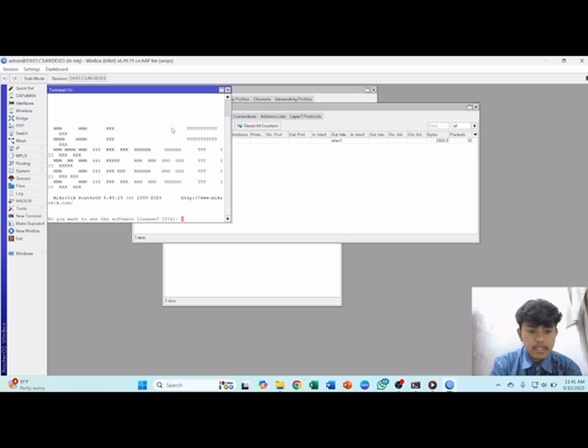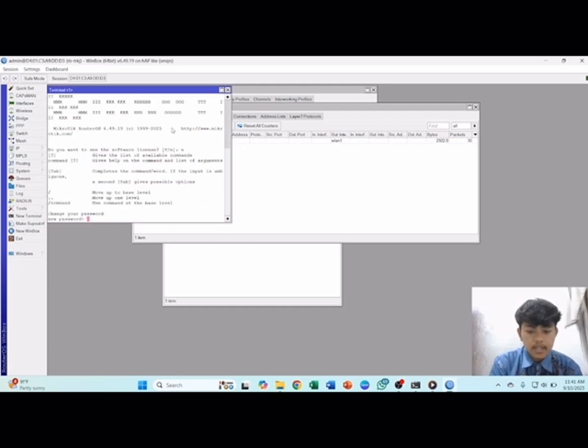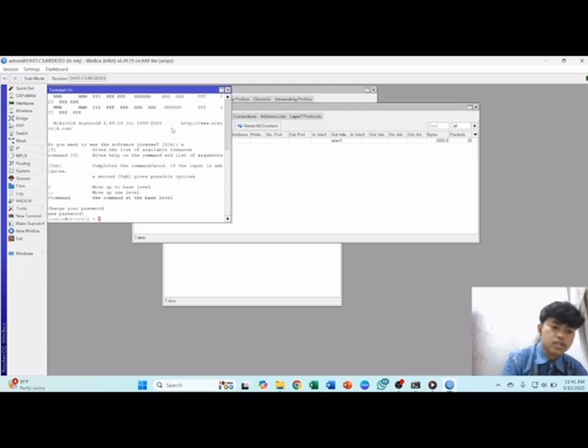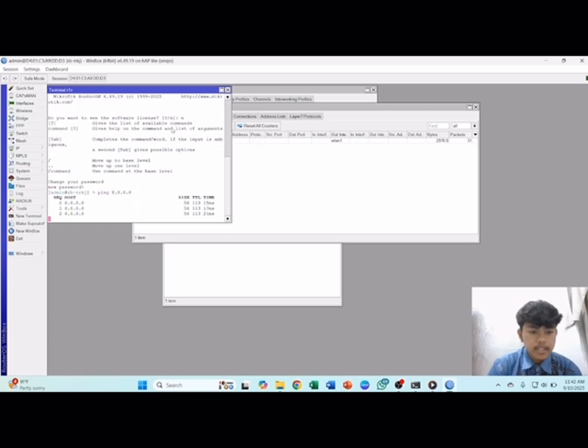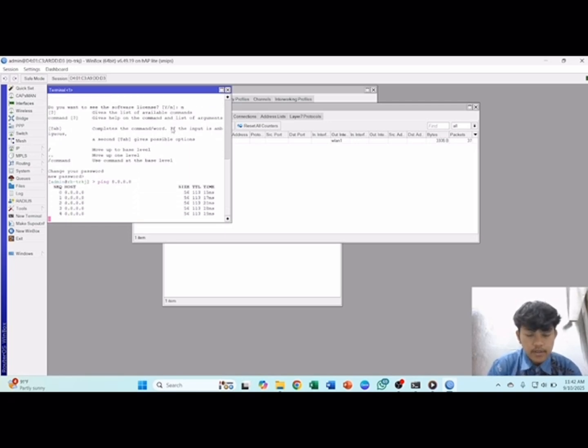You can press control C, and then ping the DNS server, which is 8.8.8.8, and you can connect to the internet.